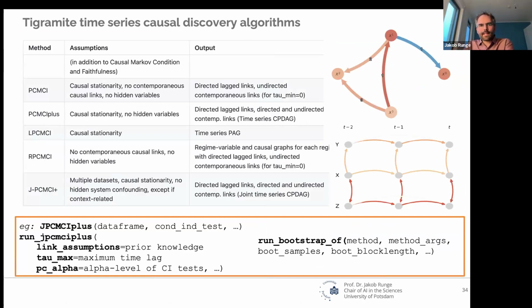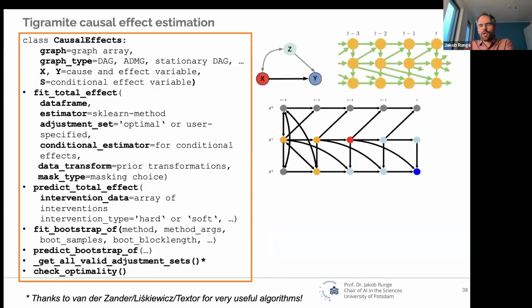And similarly for effect estimation, a big topic, of course, but here the graph you put in, and if you don't know it, then you have to go back to causal discovery or use different graphs that you assume and then transparently lay out that for this graph, you get this effect, for that graph, you get that effect. Of course, choosing the right scikit-learn method is up to whether you want to assume linearity or not, and that can be tested. So parts I discuss in the tutorials of Tigramite, and parts are just general things like, do you use KNN or linear regression? That's covered in scikit-learn.